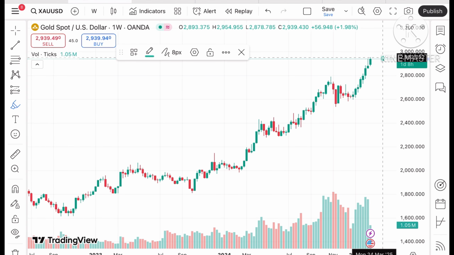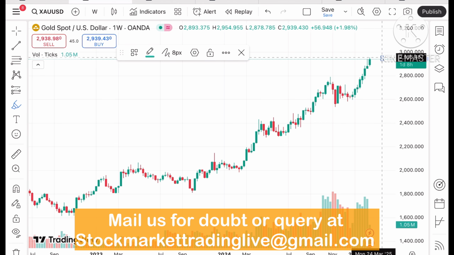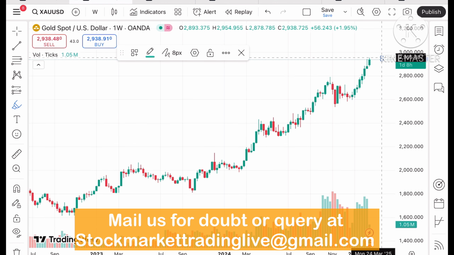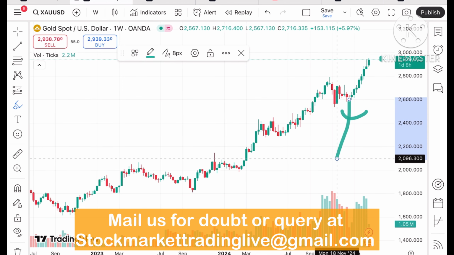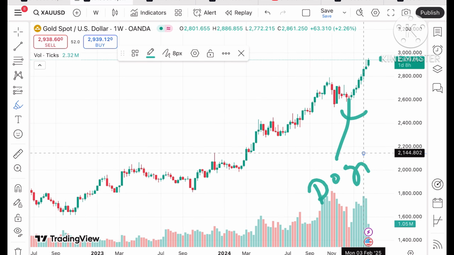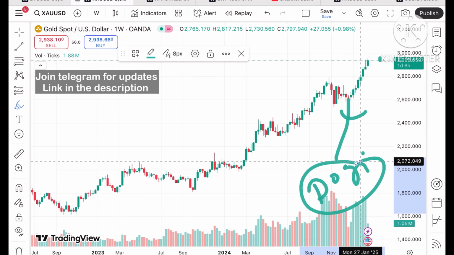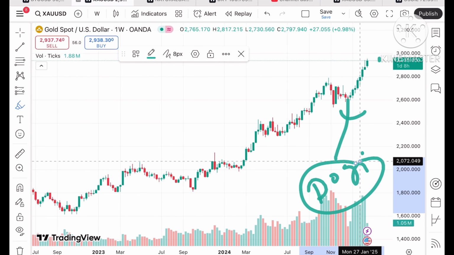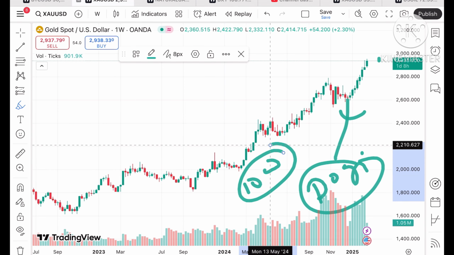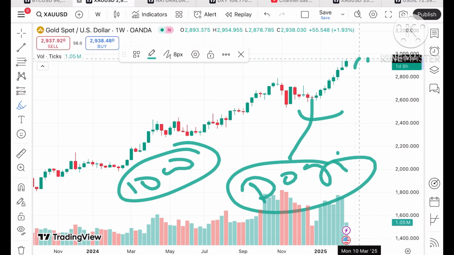If you look at this particular trend, there is a continuous upside, and today we have seen it has made a high of around $2955. A swing has already formed at this level, and a doji candle has formed. After that we have seen continuous upside for around 10 weeks, and chances of going further upside will be there